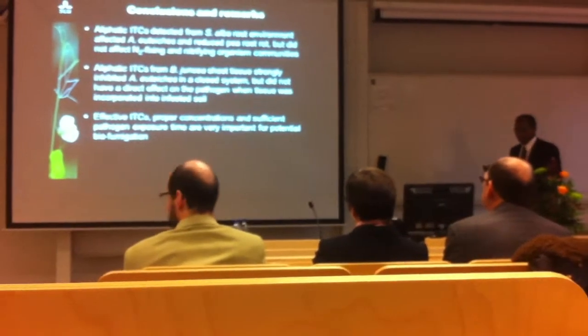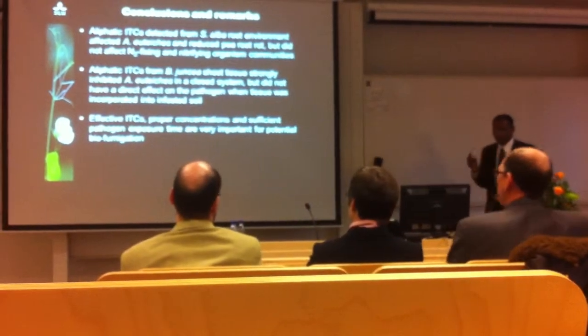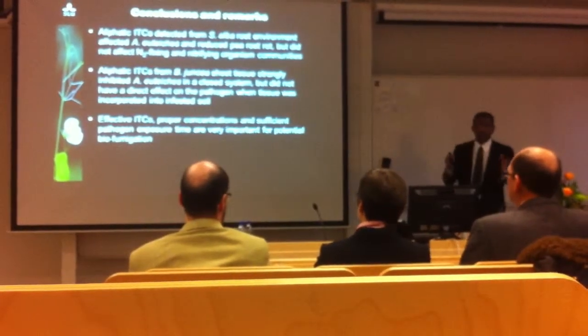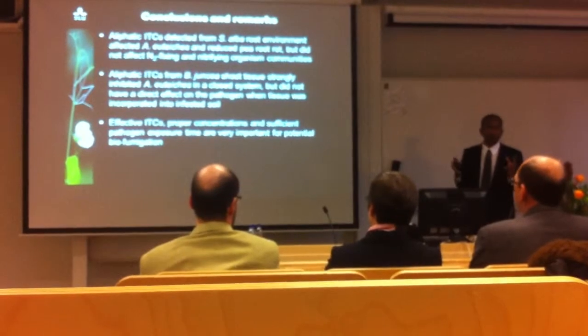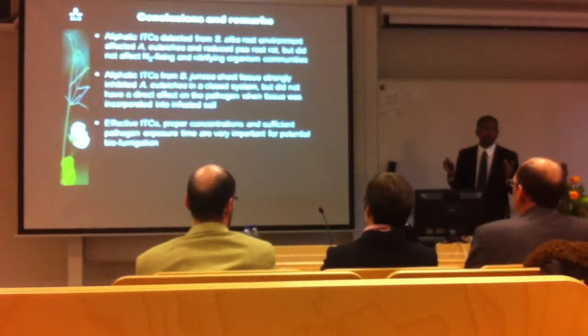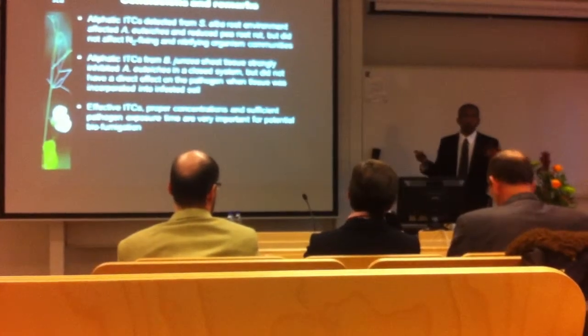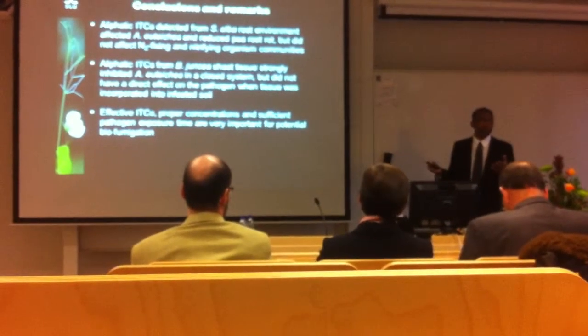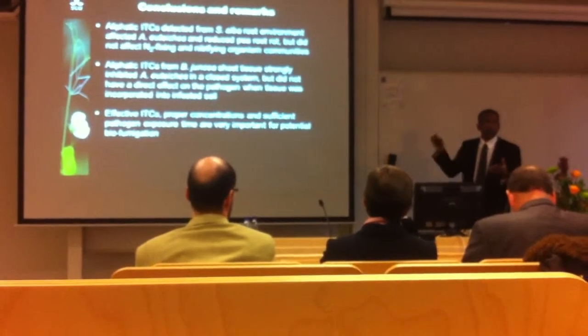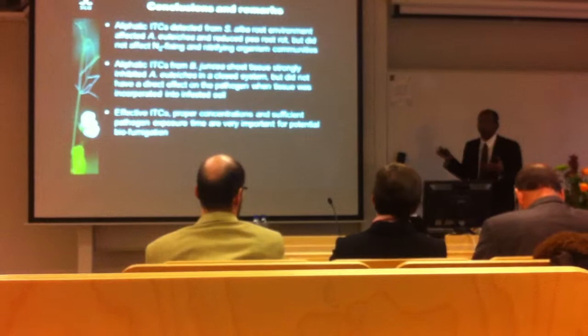And finally, the effective isothiocyanate concentration and exposure, these three factors are very important if you think of the potential biofumigation concept to apply in agricultural systems. So these are the three